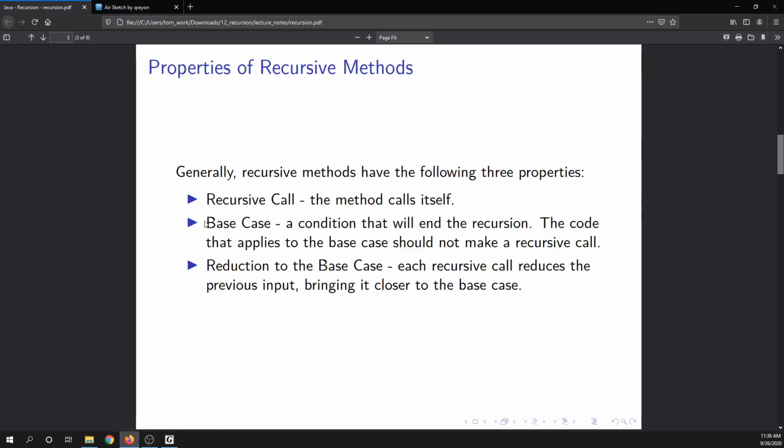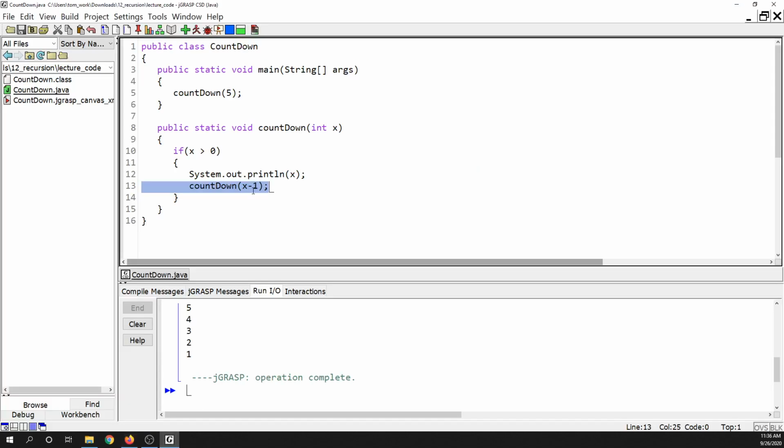Next up, the recursive method needs a base case, and that basically is a condition that will end the recursion. The code that applies to the base case should not make that recursive call. So in this example with countdown, the base case is with 0. So if I change it and call countdown of 0,